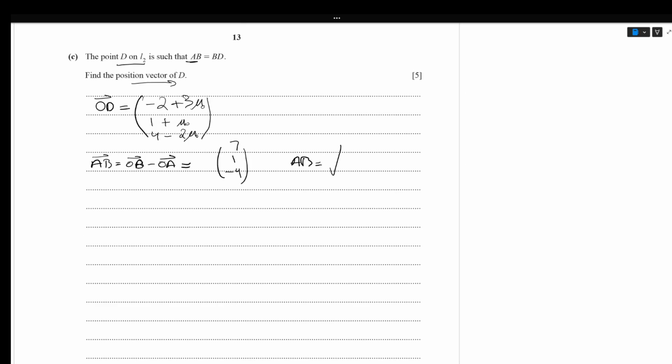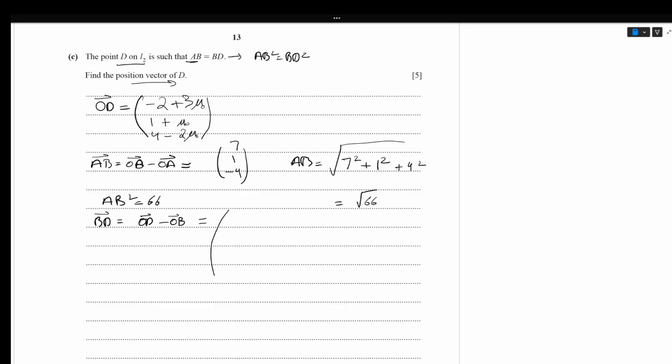So जो AB है, it's under root 7 square plus 1 square plus 4 square. So it is under root 66. Or we can say कि AB square is equals to BD square, and we can write AB square is equals to 66 to be used later. And then BD is OD minus OB। तो मुझे इसमें से OB के पॉइंट्स माइनस करने हैं।